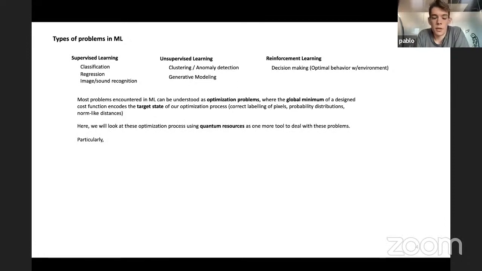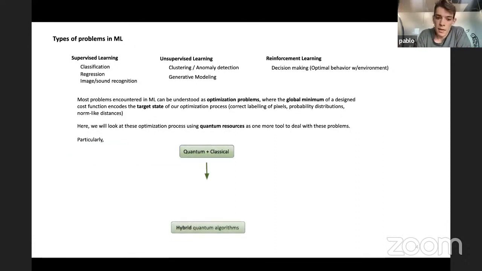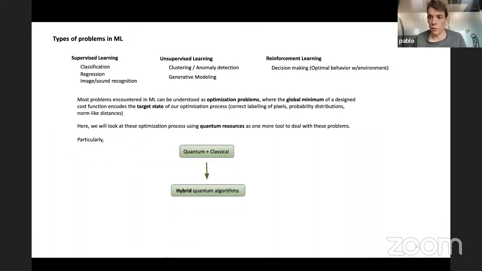So here we are looking into this optimization process through the lens of quantum resources as one more tool to come up with useful answers. Particularly, we are employing this paradigm where we merge quantum and classical devices, leading to what is called hybrid quantum algorithms. One important remark in here, let me just